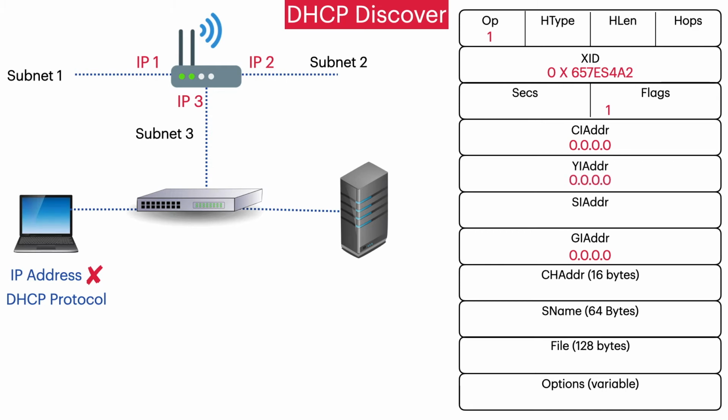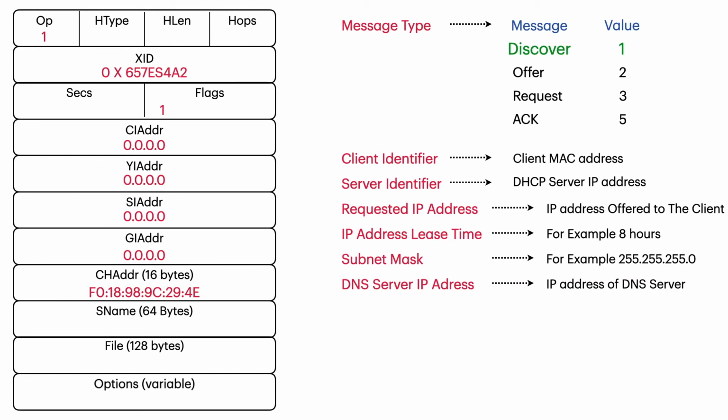Your IP address field and server IP address field are filled by the DHCP server, so the DHCP client sets them to 0. The client hardware address is filled with the computer's MAC address. In the option field, the message type is set to 1, highlighting it to be a discover message, and the client identifier field is usually filled with the laptop's MAC address. The remaining options are not used in the DHCP discover message.